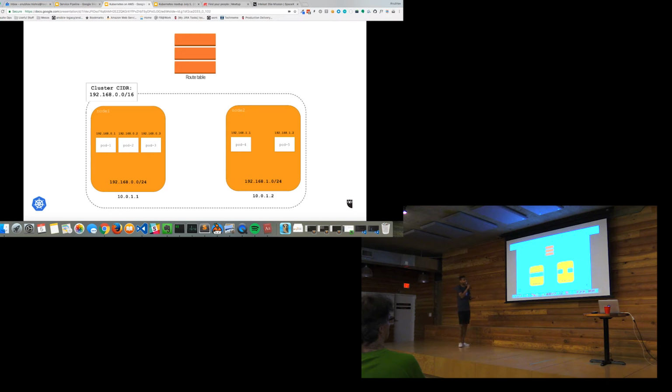And this is exactly what the tutorial goes through. So basically, you set up node 1, node 2 in this case. It has those CIDR blocks that I was talking about assigned to it. And now, basically, we have the whole routing set up. So now, pod 1, when it wants to talk to pod 4, it can go through the Amazon routing table, come in, and this should just work.